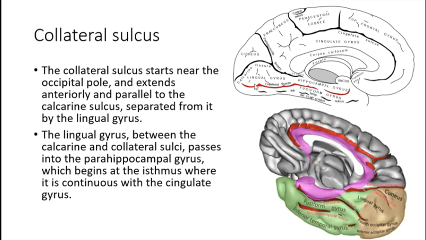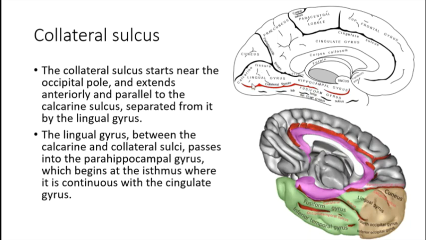Next very important sulcus is the collateral sulcus. Collateral sulcus starts near the occipital pole. This is the occipital pole. Extends anteriorly and parallel to the calcarine sulcus. This was the calcarine sulcus, almost parallel to it. It starts like that and moves forward. The area between these two is called the lingual gyrus. So that is how it's going to move forward, and this lingual gyrus is between the calcarine and the collateral